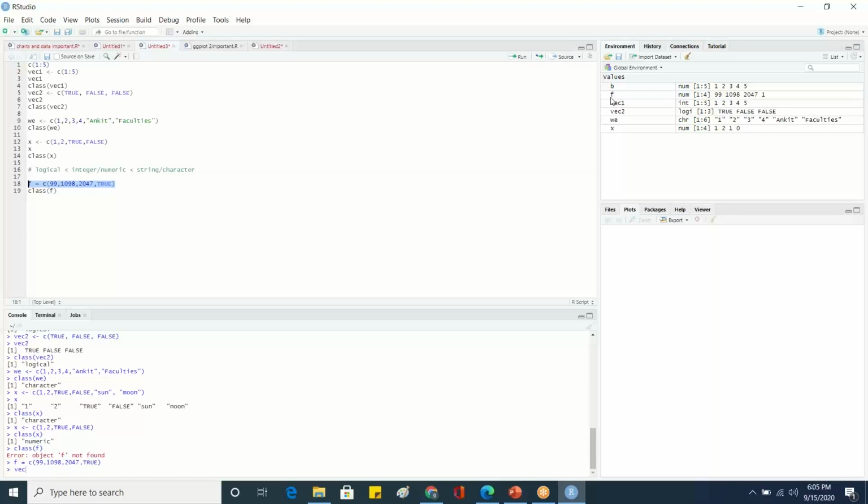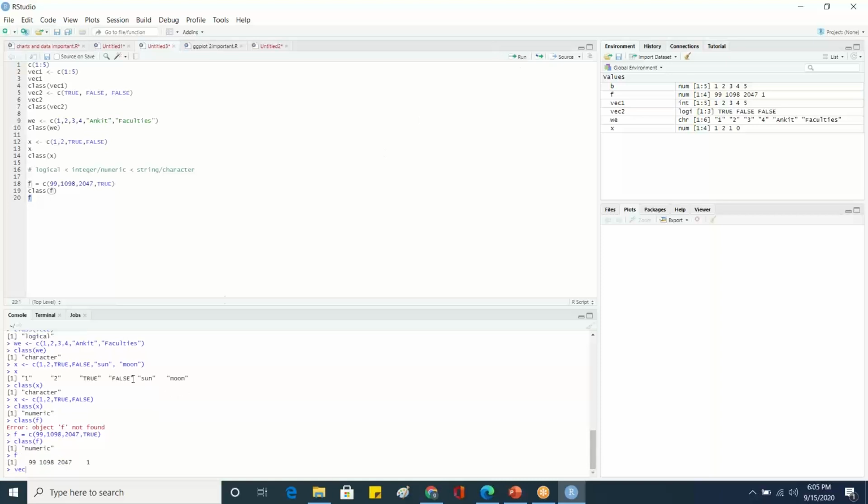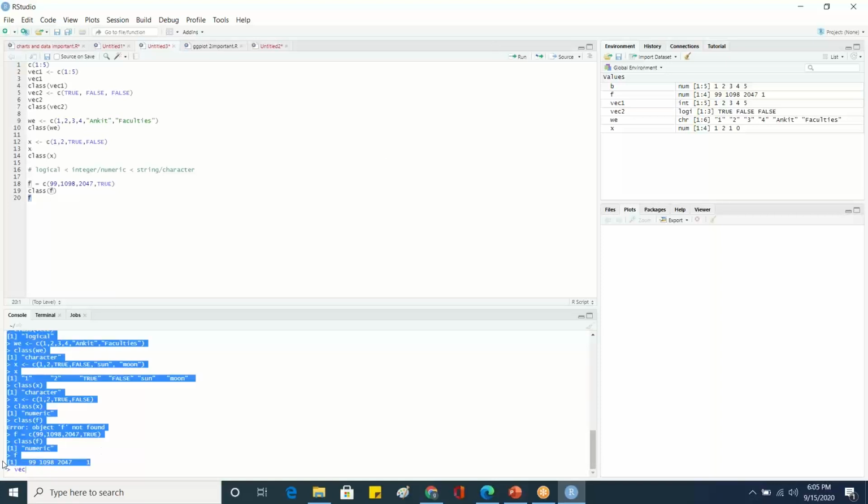See, now f came over here, you are able to see my mouse, right? The spotlight is over here, so here is my value f. Now I can proceed with class of f. What is the class? It will give numeric. It has converted this entire thing to 1 or 0, and you just see that the last one is being converted to 1. If I want to print it, how did you give me numeric, just show me what value you took for TRUE, now it is giving me 1, okay?